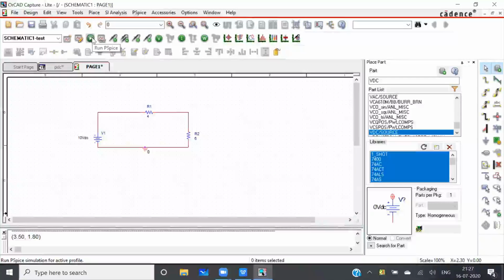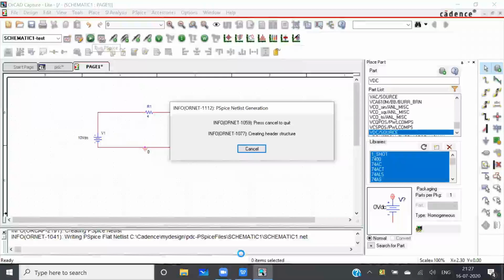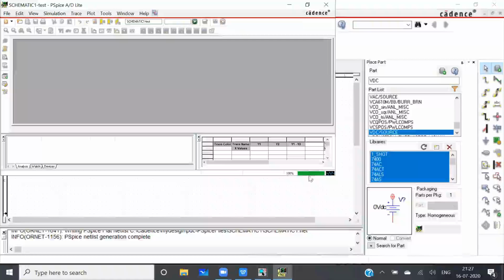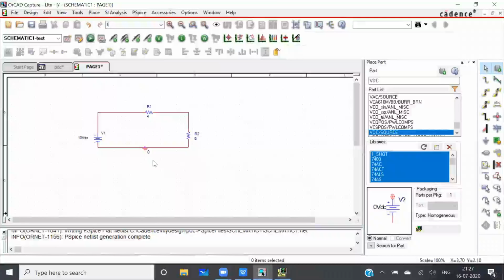Next, I'll click on this run PSpice. So you can see here a new window is created. You can see here simulation is going on. Now simulation is complete. It is showing us 100% here. That means simulation is complete. So I will minimize this.